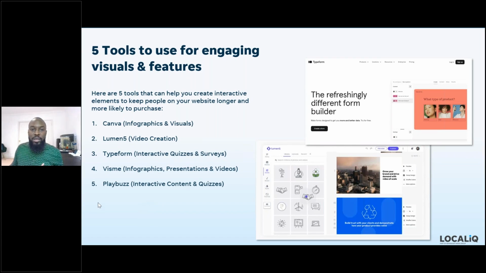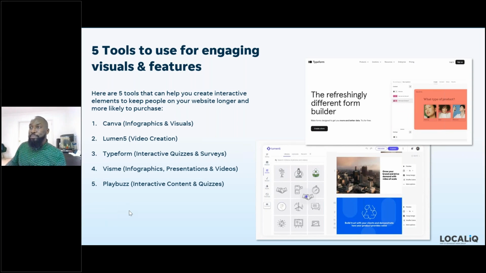And then another one is playbuzz.com that allows you to incorporate interactive quizzes, polls, and stories as well into your website. And a lot of them offer customizable templates that make it really easy for you to get involved with, even if you don't have a lot of design experience. So those are some tools that you can use to just, again, increase user engagement on your website and enhance the overall experience, making your website and your content more effective in converting